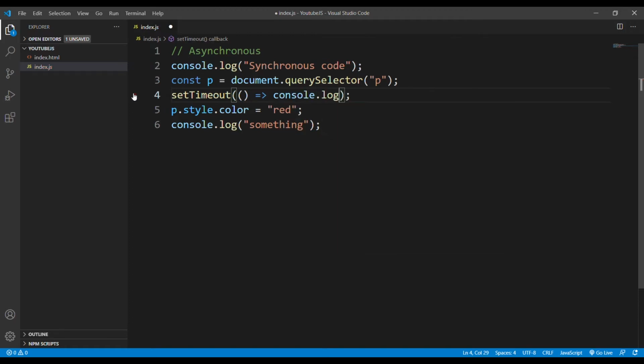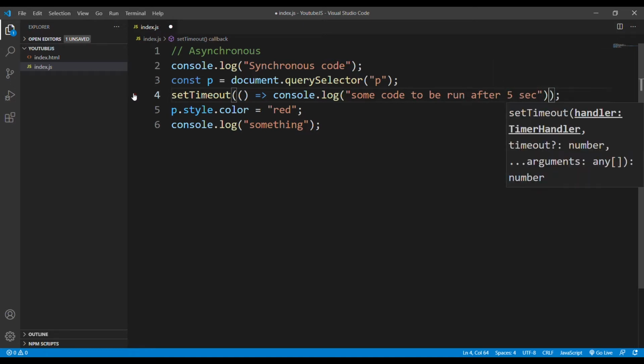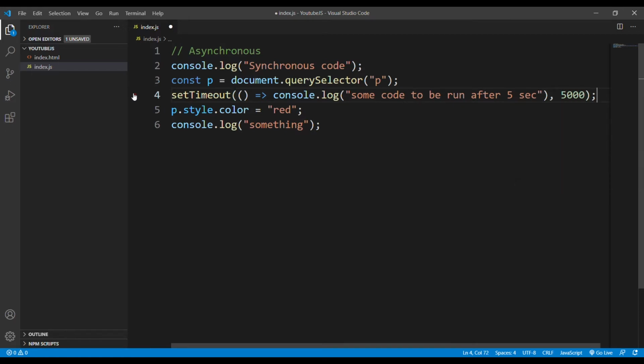Here I am using an arrow function. Some code to be run after, let's take 5 seconds. Okay, and here I will pass 5000 milliseconds. Okay,